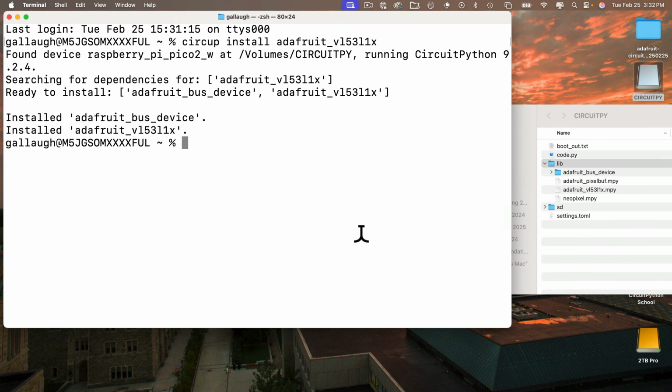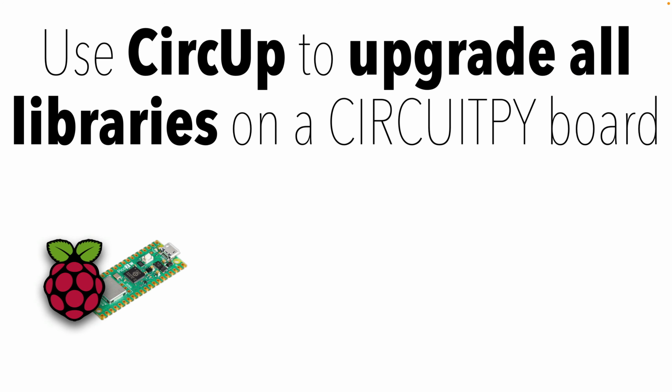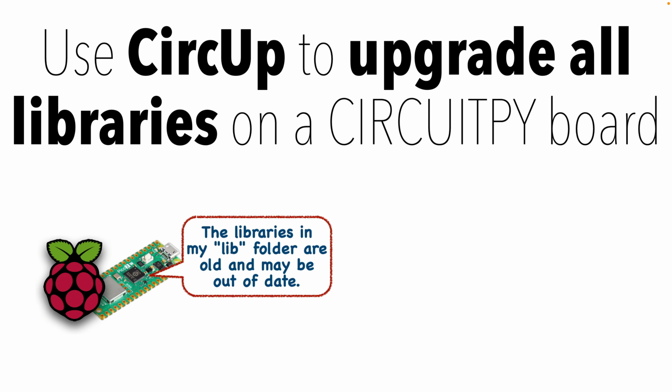And in fact, you can see that this also required the installation of adafruit_bus_device. Over here, we can see it required an installation of a whole folder. It's in there, and circup installed that too. Nice. Now this last example is for updating any libraries in your board's lib folder, replacing them with newer versions